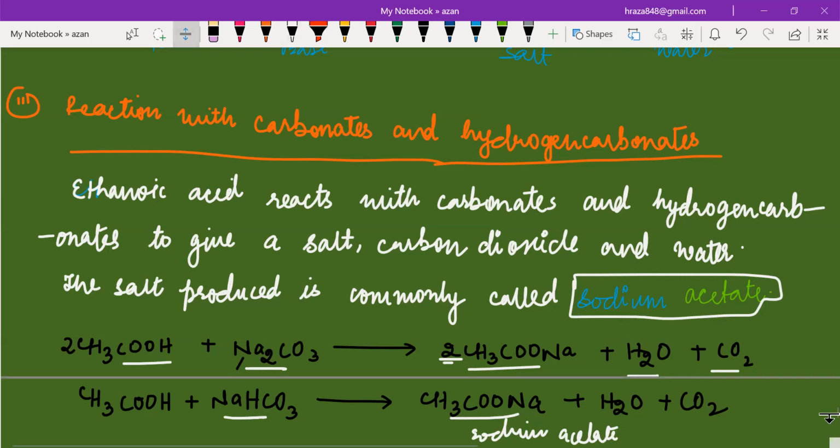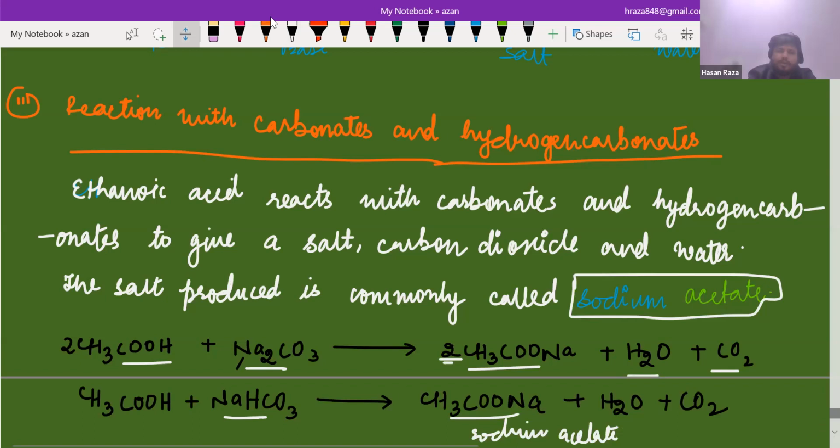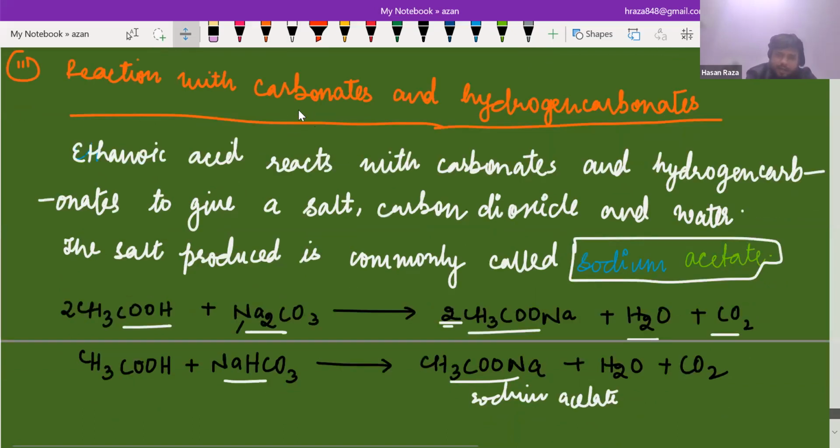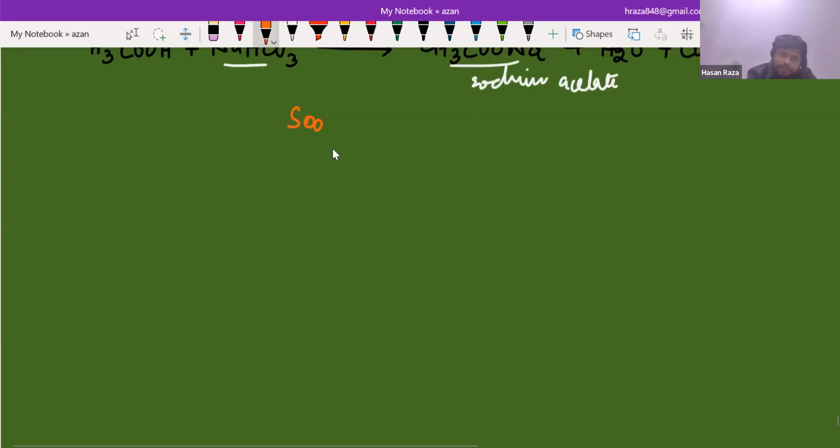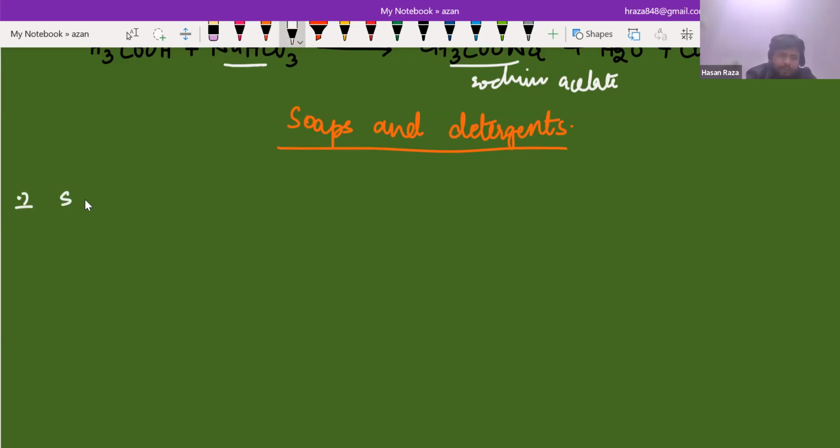Now we are going to start a very important topic from this chapter: soaps and detergents. Write some points with me and then I'll explain. As you have seen, the saponification reaction is called saponification because it is used to prepare soaps. So basically soaps are